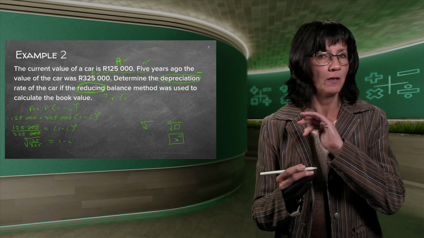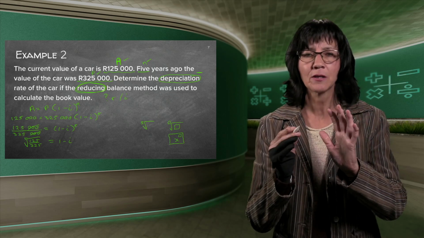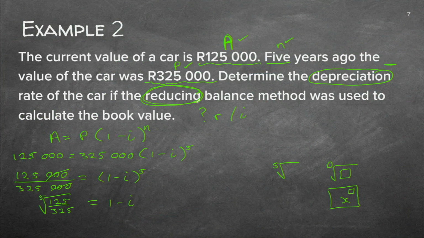But can you see there's a minus in front of the I? I don't want that. So to make it the quickest, easiest possible way, I'm going to bring the I to this side. I'm going to leave the 1 there, and I'm going to take the whole left-hand side to the right-hand side. 125 over 325. And that seems very ugly, but we got it by just shuffling the formula around. And now I'm going to click in my calculator.